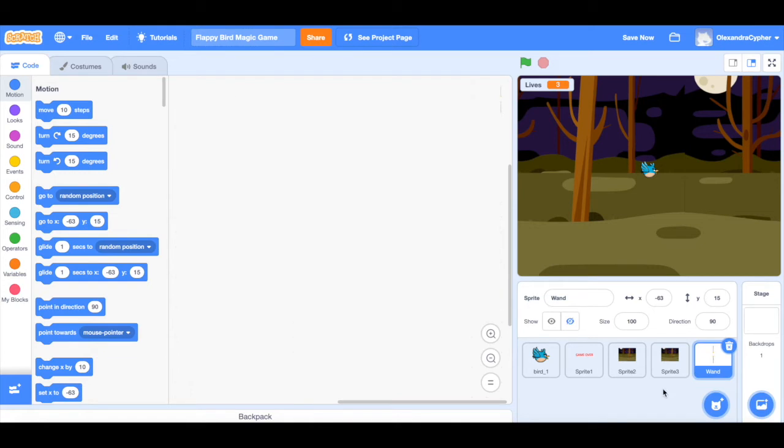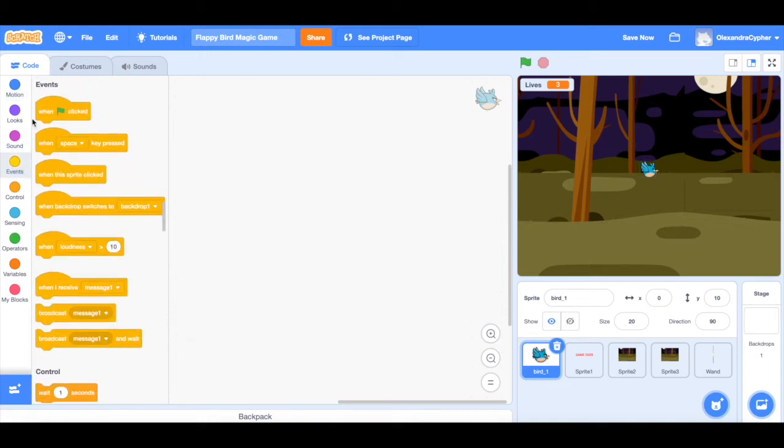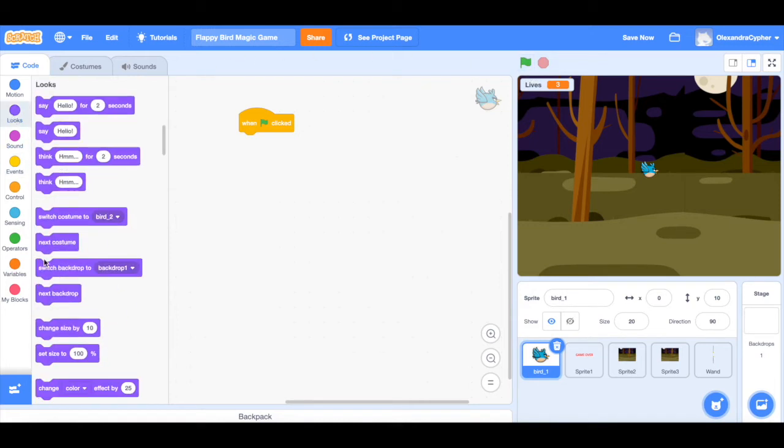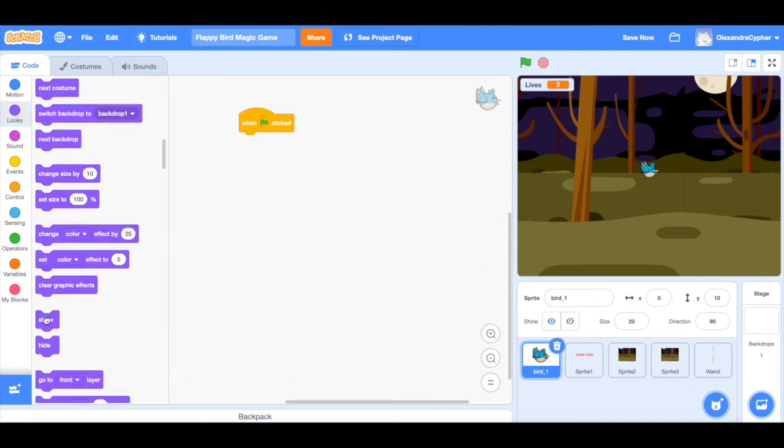So first things first, I'm going to code my bird. What I need to do is get a when green flag clicked. This refers to this button here, and it just means that when I press that button, the game will start. Then I'm going to get a looks block, and I'm going to find show,